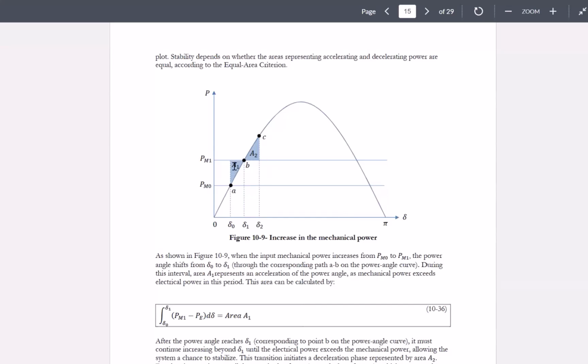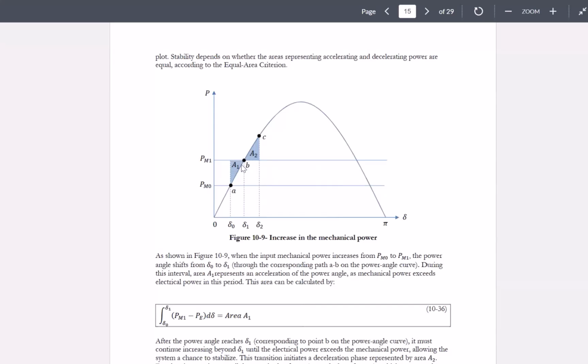These two areas would be associated with A1 and A2. A1 is the area that is representing how much extra energy we're giving out to our system because of that extra push in the mechanical power. And while we are under the A1 curve, we can see that always PM, the mechanical power, is going to be greater than PE, the electric power. Therefore, under area 1, the system will always accelerate, or we would have acceleration in the delta, or the